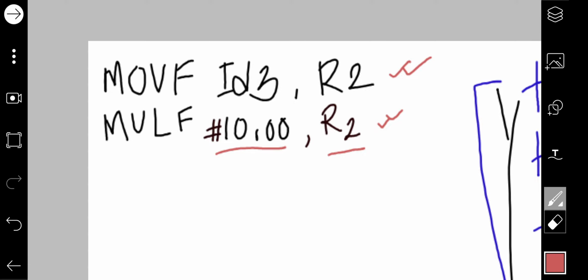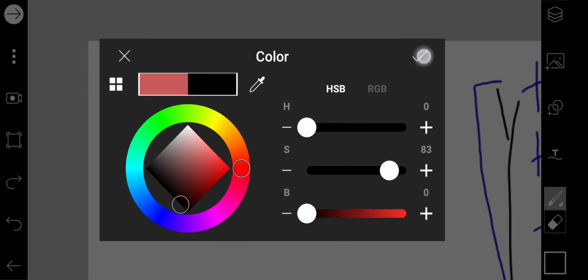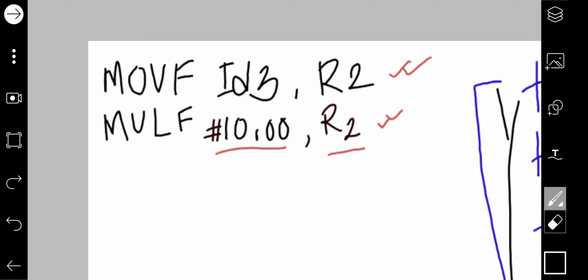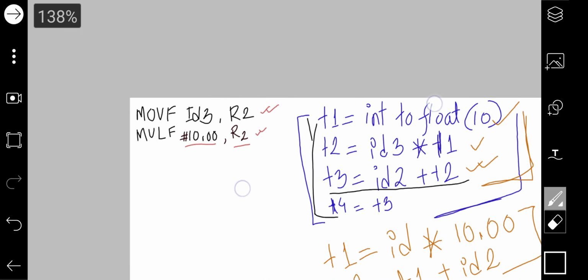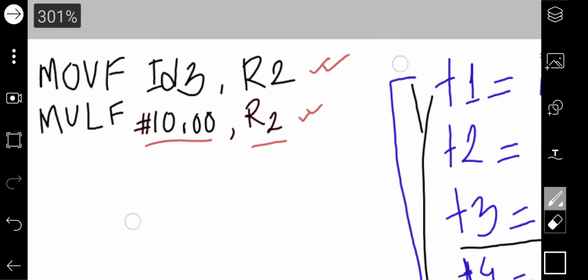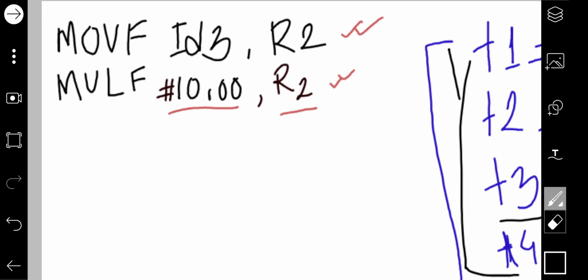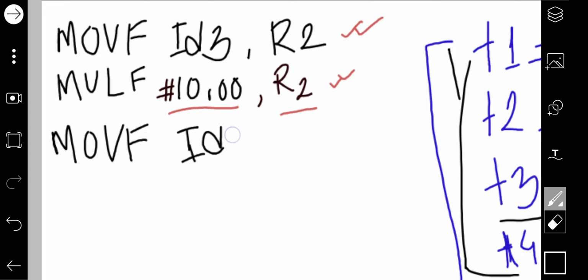Now the next step will be MOV. Next thing is ID2. ID2 will be given to another register, so I'm giving ID2 into another register, suppose R1. Now I will add.